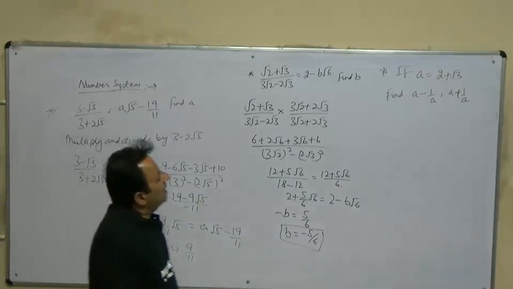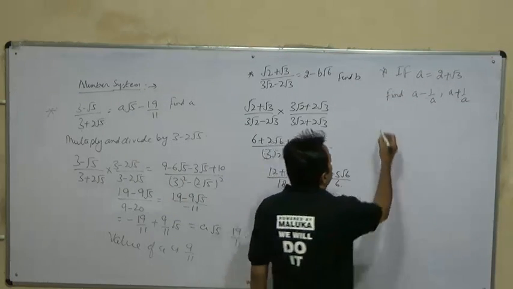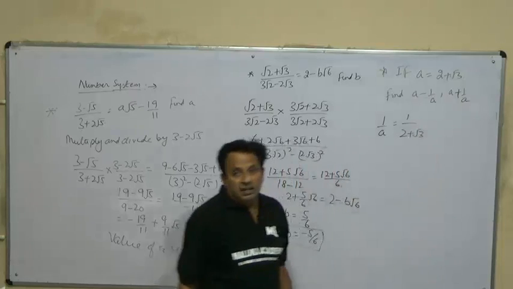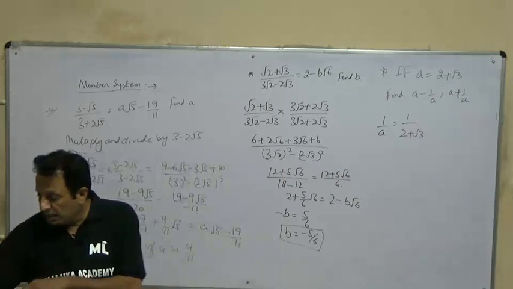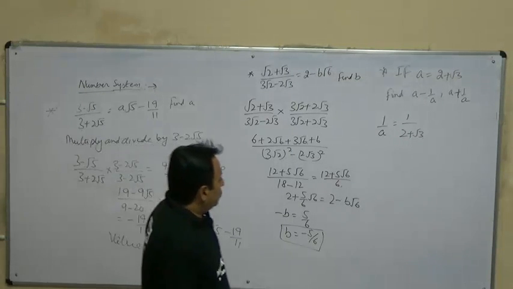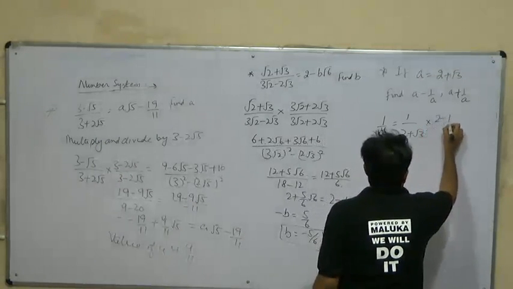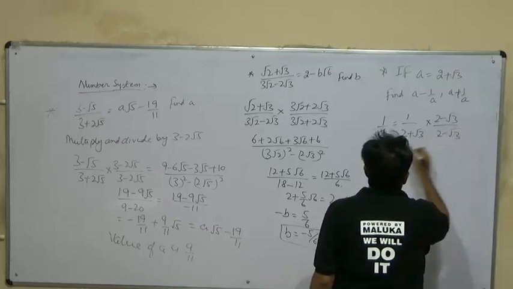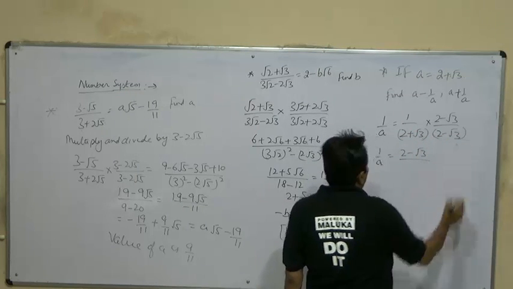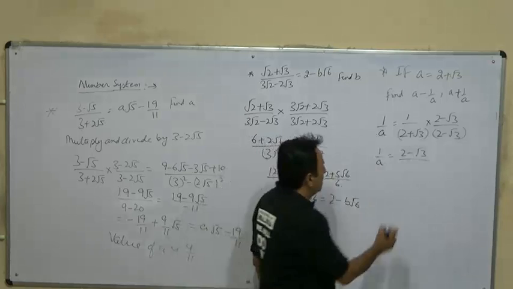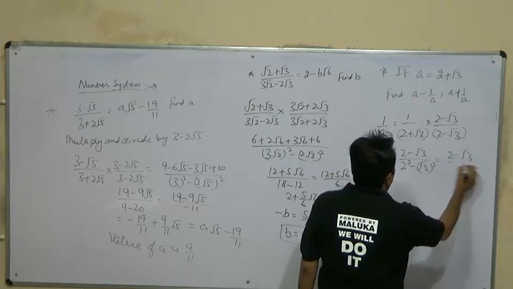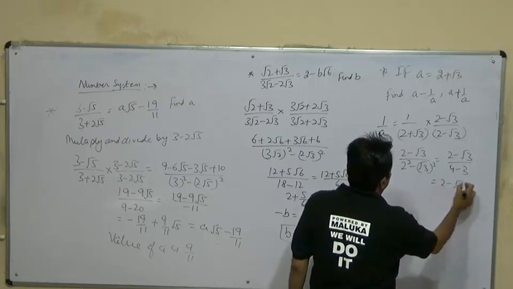सो पहले हमें इसके लिए क्या चाहिए, हमें 1/a चाहिए। सो 1/a विल बी इक्वल टू 1/(2 प्लस √3)। अब इसमें क्या आ गया, जो रैशनल पार्ट है वो डिनोमिनेटर में आ गया। हम इसको रैशनलाइज करेंगे। सो रैशनलाइजेशन फैक्टर 2 माइनस √3, तो 1/a क्या आ जाएगा, (2 माइनस √3) अपॉन a प्लस b, a माइनस b, a स्क्वायर माइनस b स्क्वायर, 2 स्क्वायर माइनस √3 स्क्वायर, विच विल बी (2 माइनस √3) अपॉन 4 माइनस 3, विच इज 2 माइनस √3।